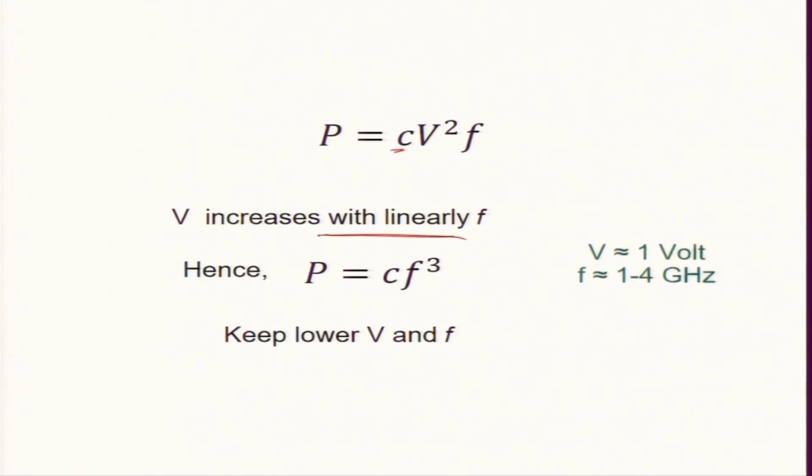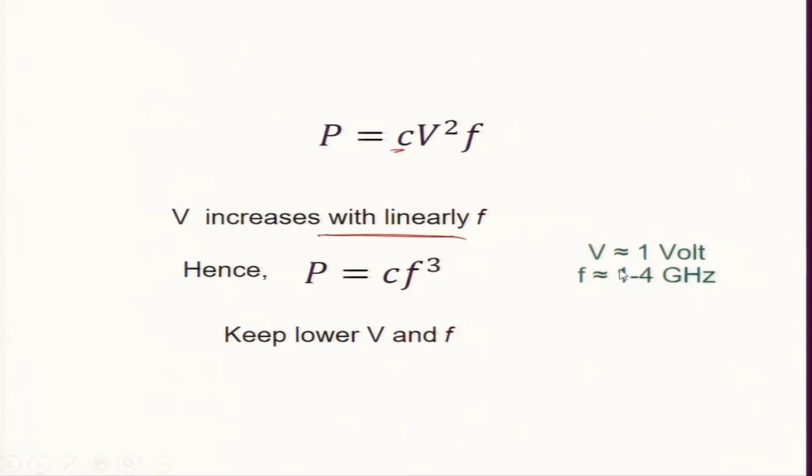So, V is not 5 volts but is 1 volt typically in a CPU, and frequency is around 1 to 4 gigahertz. There are people who try to bring down the frequency, like Apple, for some CPUs it is a lower clock. IBM had a machine running at less than a gigahertz, 600 megahertz. It is a very good machine called Blue Gene. So, you do not necessarily want to push up the clock.